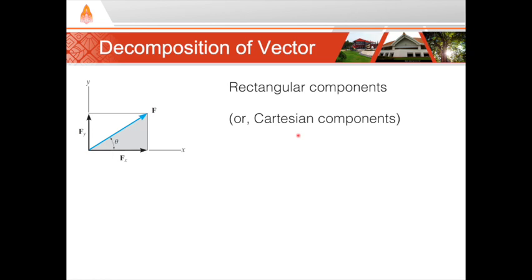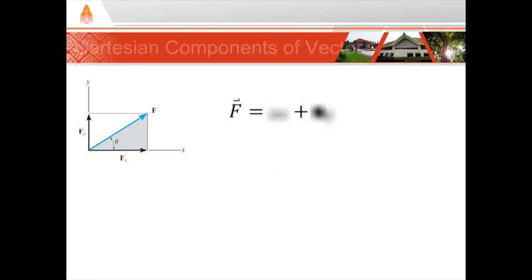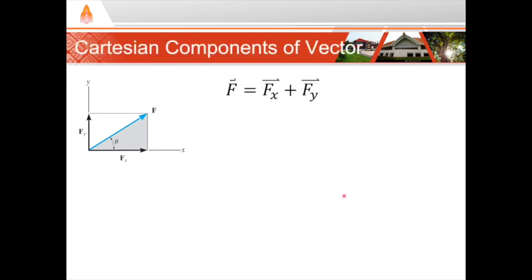In other words, the vector F is equal to the two components Fx and Fy. And we can define these components Fx and Fy based on the angle theta